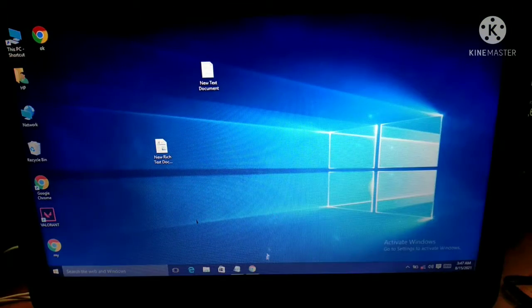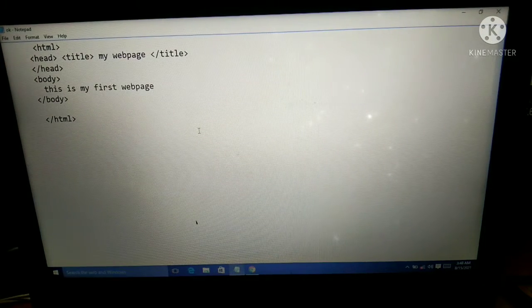Then suppose we again open the HTML file, HTML format in Notepad. Then I will teach you more about it. Like if we want to change the writing, like it is normal, this is my first web page.